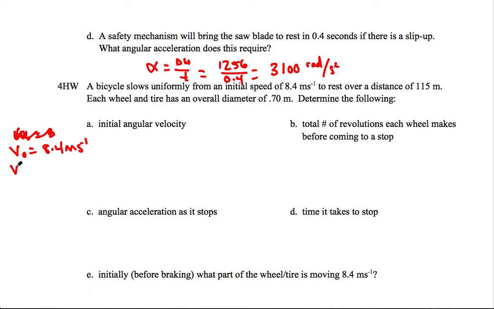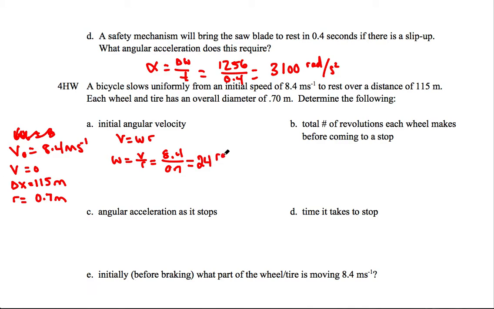To rest, so final velocity 0, and my displacement is 115 meters, and we have an R of the wheel of 0.7 meters. So if I want to know the initial angular velocity, well, v equals omega r, so omega equals v by r, and I get 8.4 divided by 0.7,